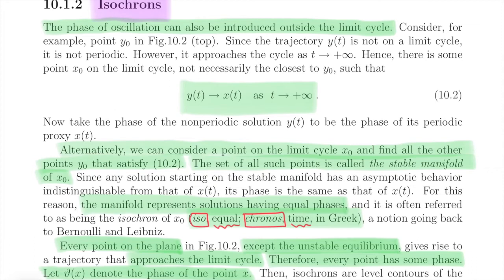We need it to understand the power, the essence and the meaning of phase in our phase plane. The phase of the oscillation can also be outside of the limit cycle, right? So for instance,